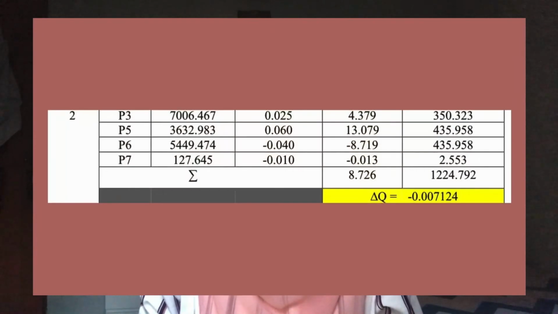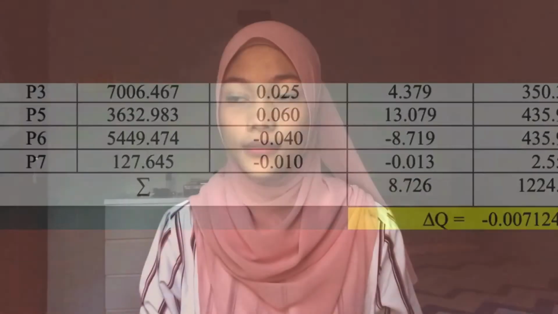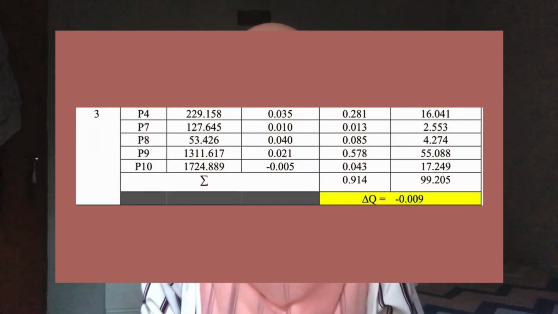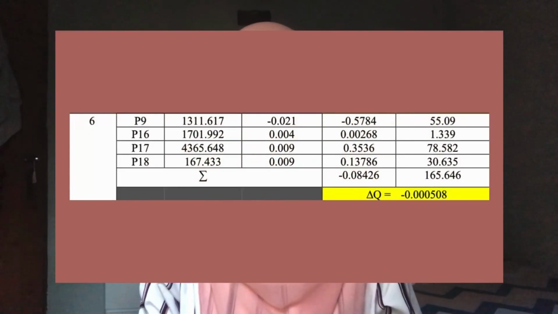For loop 2, we got 0.071. For loop 3, we got negative 0.007. For loop 6, we got negative 0.000508. So basically, the fifth trial is our final trial because we already reached the value 0.000 something for at least